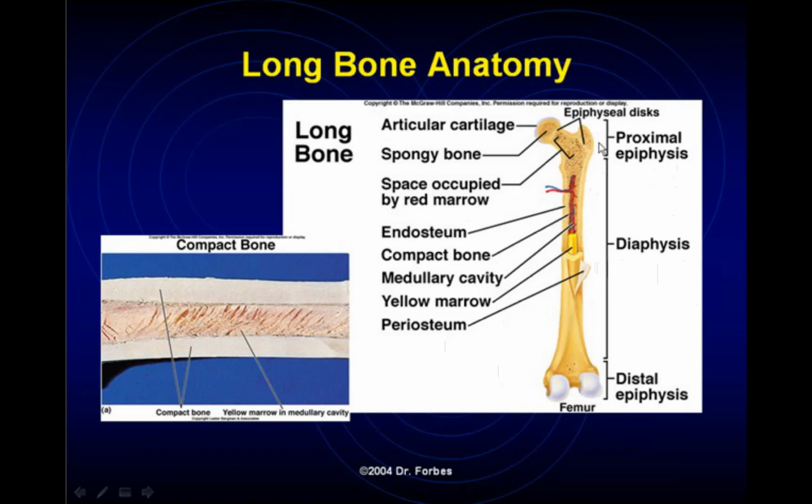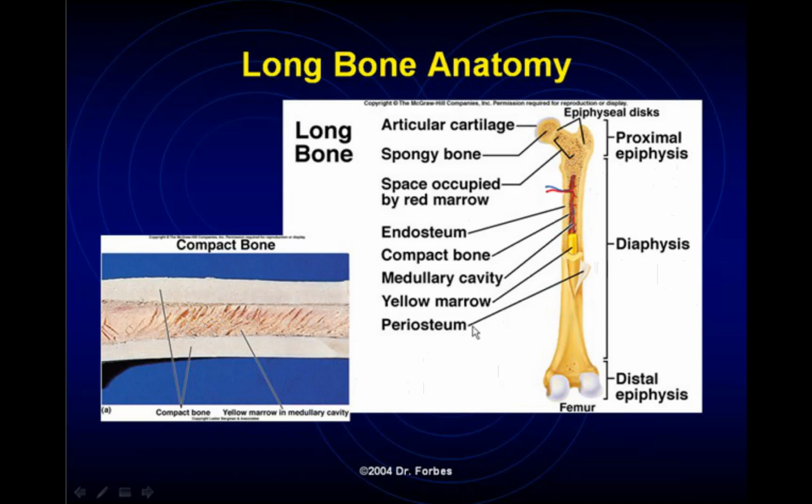In lecture, you'll spend some time looking at these structures here called the epiphyseal disc. Over here on the left-hand side, we actually have a fresh bone that's been cut to expose some of this yellow marrow. And ask your instructor, in fact, of course, that's going to be me unless you visit another lab, to make sure that they show you the frozen cow bones out of the back freezer. I've had them cut longitudinally and in cross-section so you can see all these features, including the structure right here